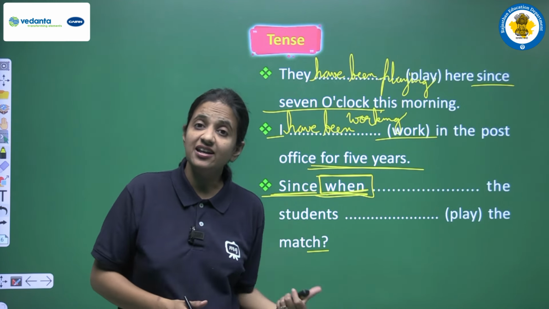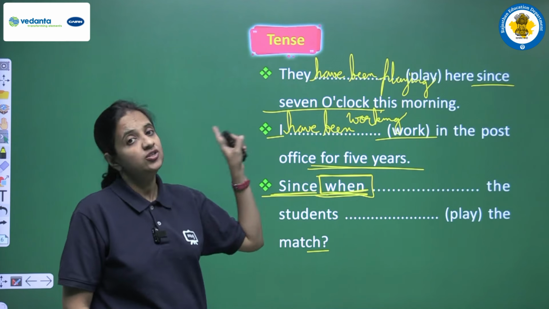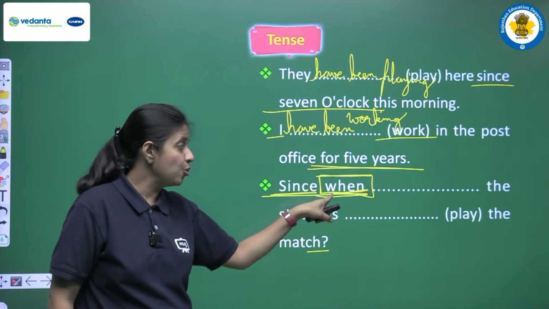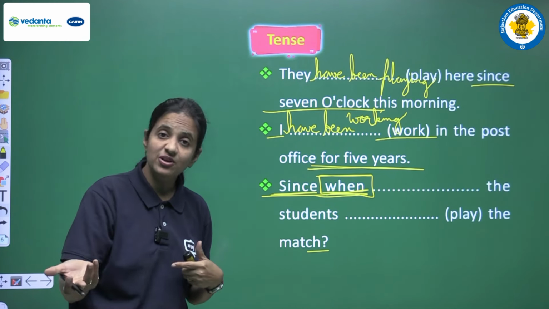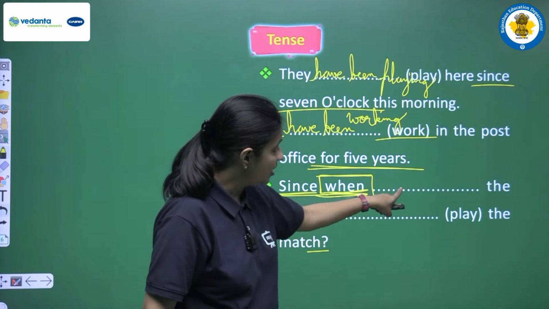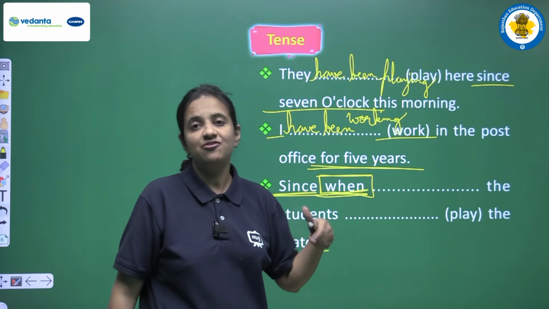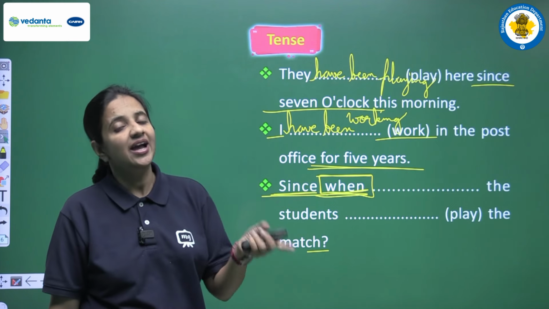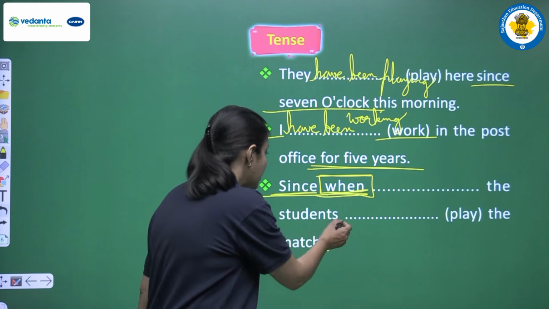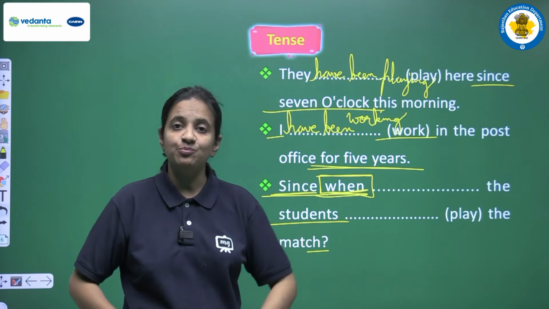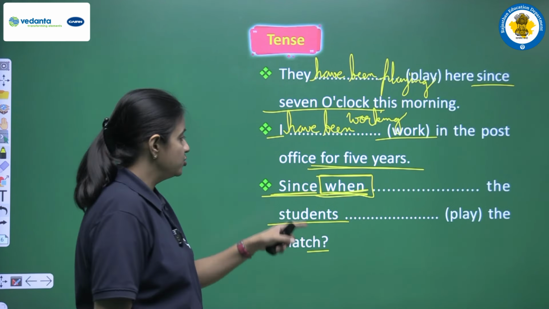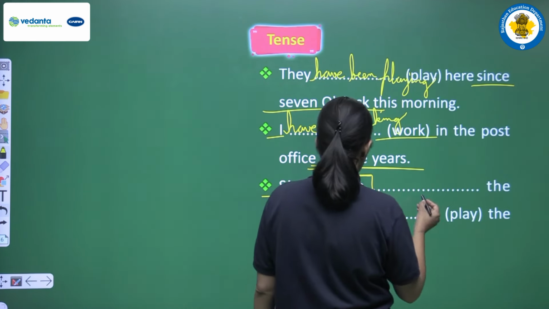Read the sentence again and again. Right, we are having since when, so yes, in this sentence we are not having any time with since because we are having when in the question, so in the answer we will have the time. Okay, so this is also present perfect continuous tense. Now we are having two blanks. Why? Because in the first blank we have to use helping verb and in the second blank we have to use main verb. So first of all, let's see, we are having the students, again plural subject. So for plural subjects we have to use have been. Clear? So in the first blank we will write since when